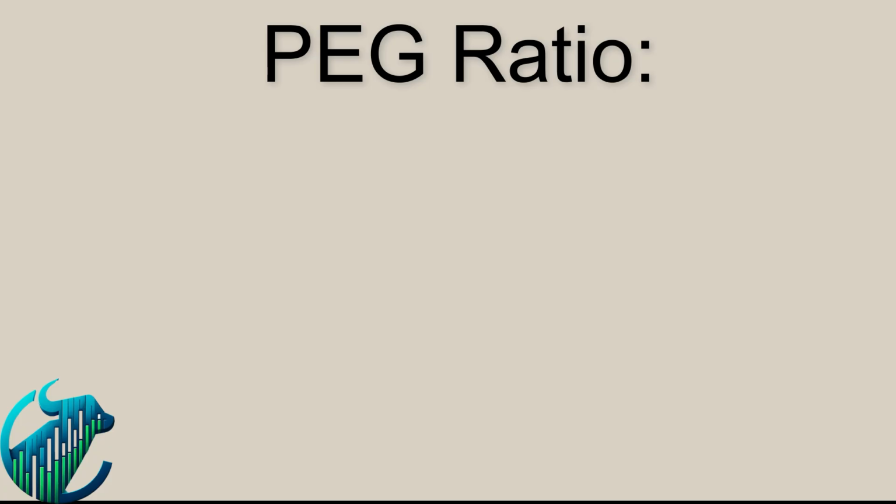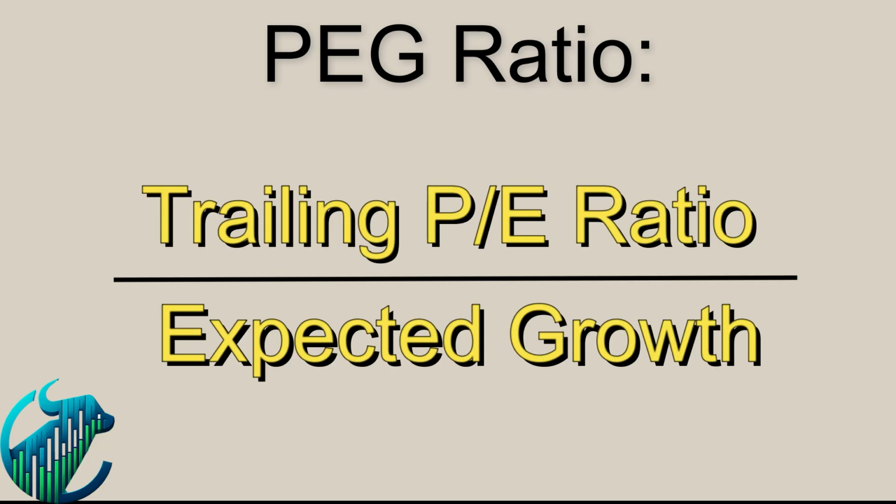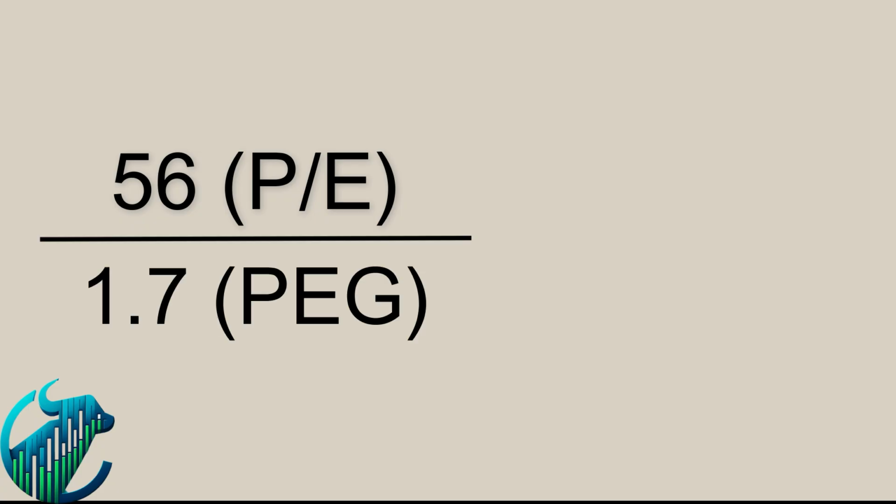So what does this mean? The PEG looks at the company's current PE ratio, its trailing multiple, and it's dividing that by the growth that analysts are expecting from the business in the years ahead. So if we know that NVIDIA's trailing PE multiple is 56 and its PEG ratio is 1.7, we can work backwards to determine what the expected growth rate is that analysts are projecting over the next 5 years. Taking 56 and dividing it by 1.7, we arrive at around 33. Analysts are projecting that NVIDIA is going to grow by an average annual rate of roughly 33% for the next